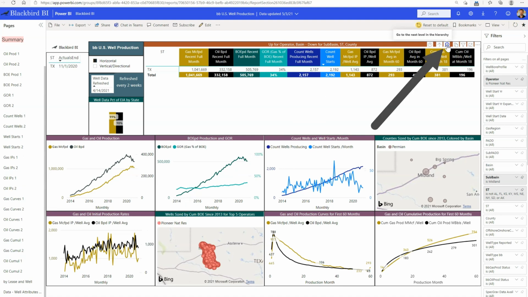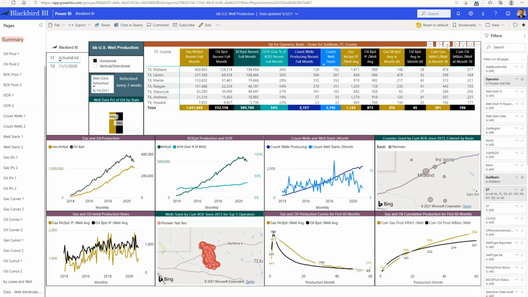Let's arrow down on this table to county, and we can see Pioneer has been the most active in Midland County with 762 new wells since 2014. That's where the highest IP rates are for oil and gas, and where Pioneer has the most oil and gas